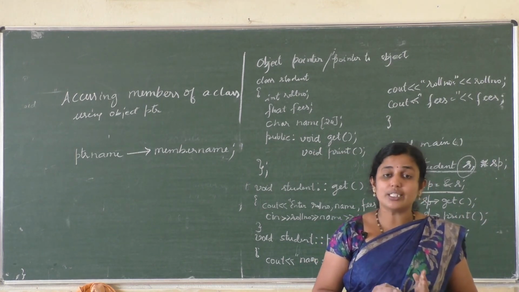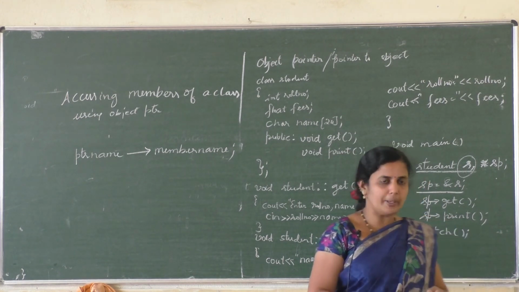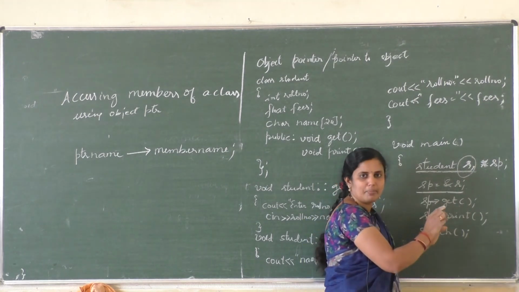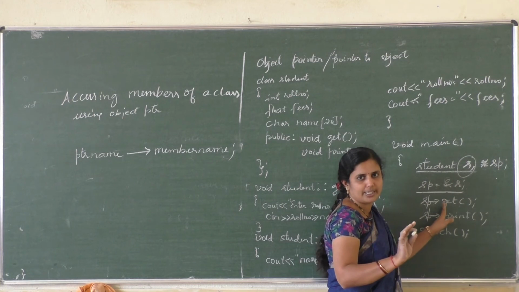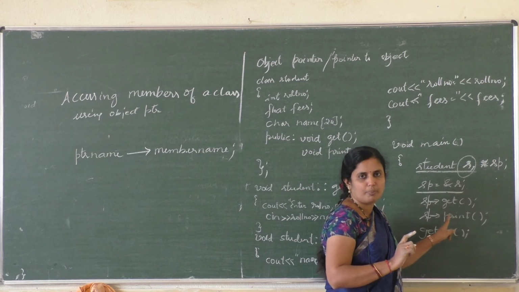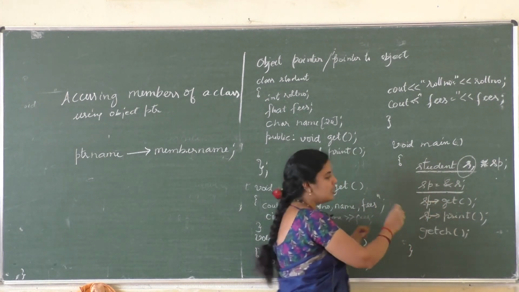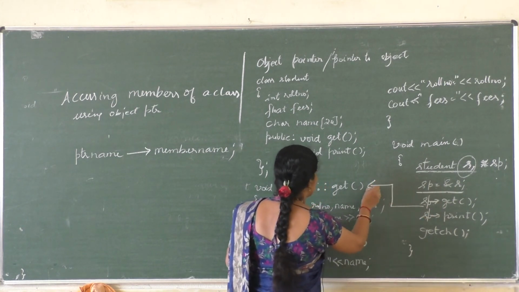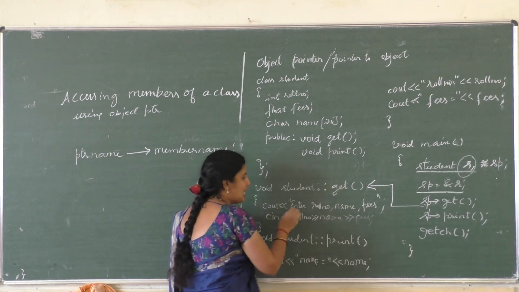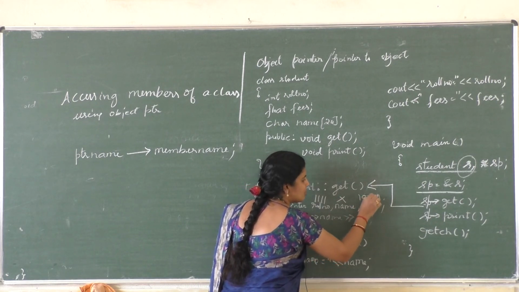That is, the object pointer is stored with the address of an object. Okay, so I can call the function get: sp arrow operator get. Remember, here you cannot use the dot operator. If it is an object you can use it, but if it is an object pointer you cannot use the dot operator; you must use the arrow operator, arrow get. So directly it comes to the get function and it asks you to enter roll number, name and fees. I'll enter roll number as 1111, name as x and fees as 10,000.